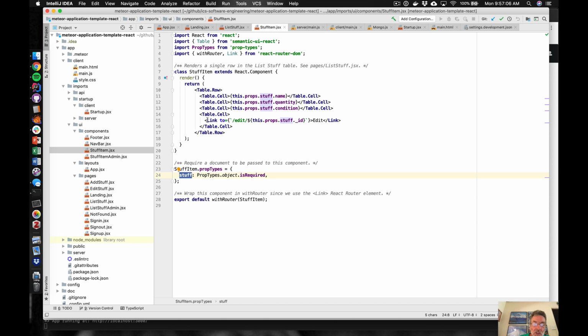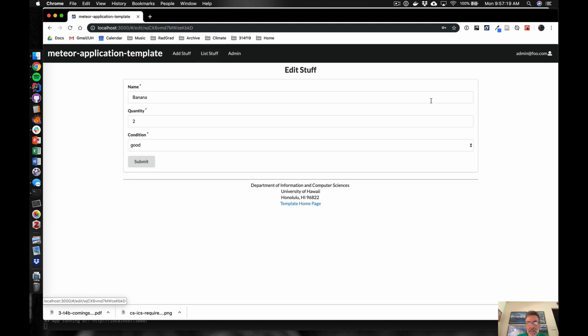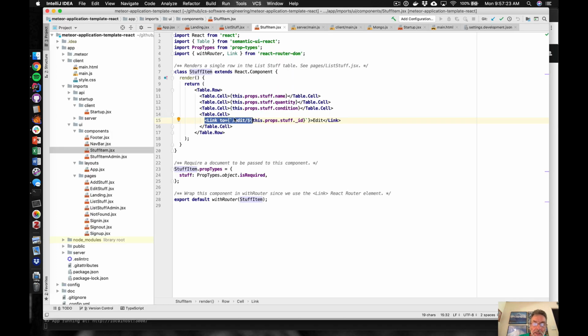And then we want to also have a link. So if we go here, you can see there's an actual link here to another page where you can edit that item. So if I click that, you can see we go here. But the way that's implemented is by this link semantic UI,